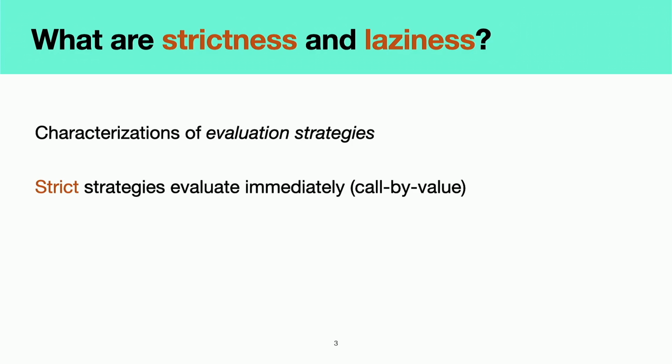A strict evaluation strategy is one that evaluates all expressions immediately as soon as they are encountered during execution. So for example, when we assign an expression into a variable, we evaluate that expression all the way down to a result before we do the assignment. Similarly, when we call a function, we evaluate the arguments before we perform the function call. The simple theoretical model for this is, of course, the call by value lambda calculus.